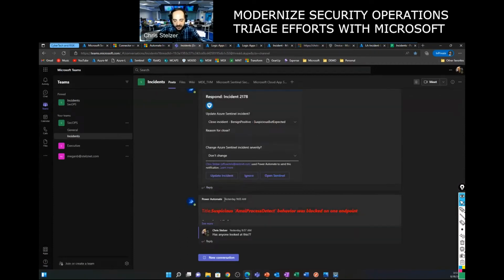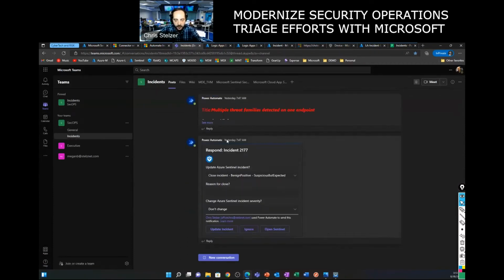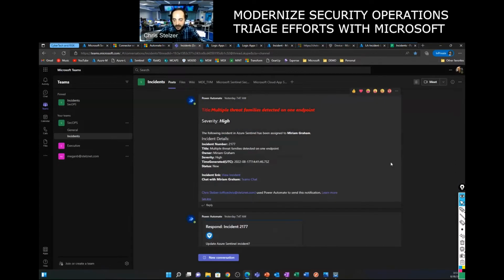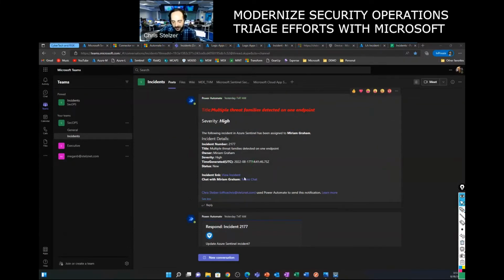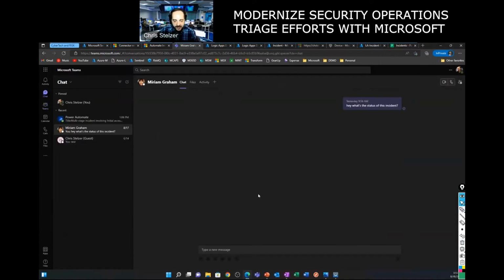I've actually improved my environment even more by introducing the ability to drive Teams messages. As soon as those incidents come in, it notifies the assigned user that the incident exists. It gives them direct links to the incident. It gives them the ability to chat with the owner, which is a really cool aspect. If I was a service manager or SOC manager and I wanted to ask who's owning this incident, I could very quickly dive in and ask them questions in regard to this incident.